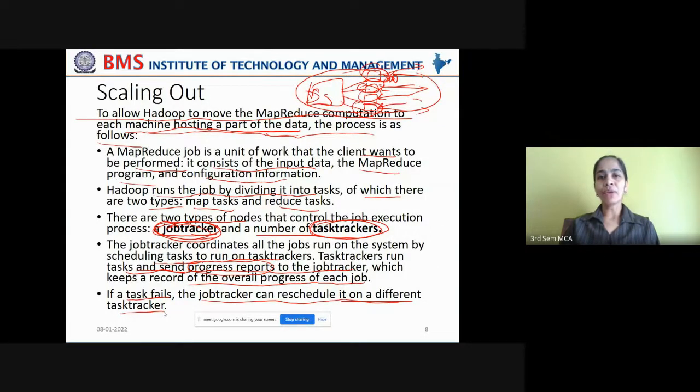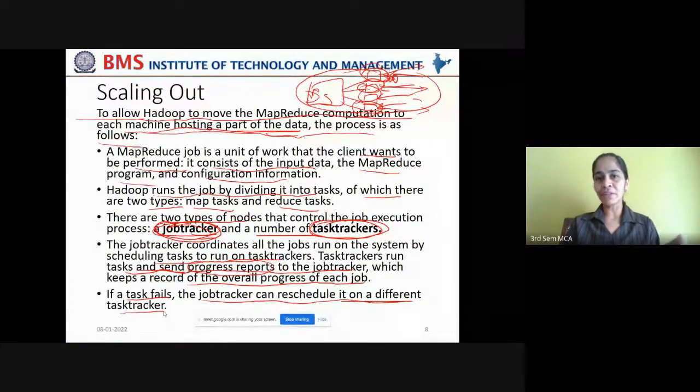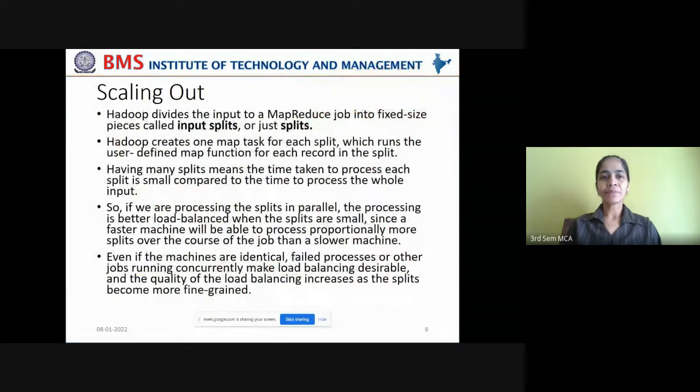The MapReduce frameworks are fault tolerant and at the same time reliable enough to handle any system failures or disk failures. So if a task fails, the job tracker can reschedule this task from this data node onto a different data node, onto a different task tracker, in order to execute the entire job without any interruption.